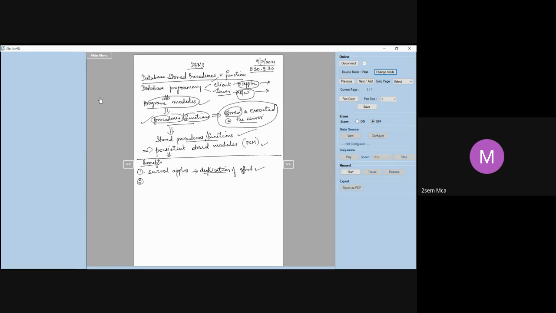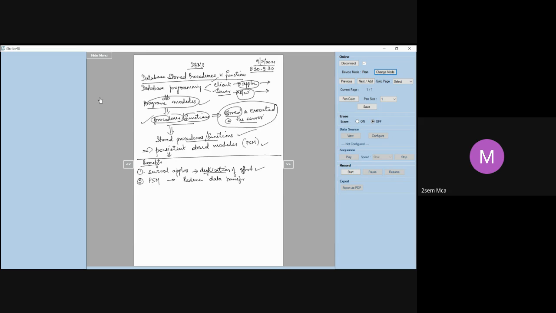Next is what I told you, that stored procedures, or persistent stored modules, PSM. I said we are going to execute the program at the server itself. We are storing it and executing it at the server itself. So when I do it at the server itself, it is going to reduce any kind of data transfer that is required.